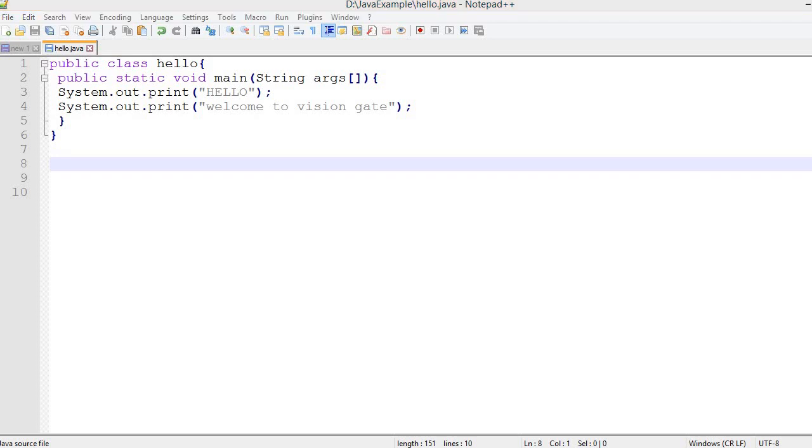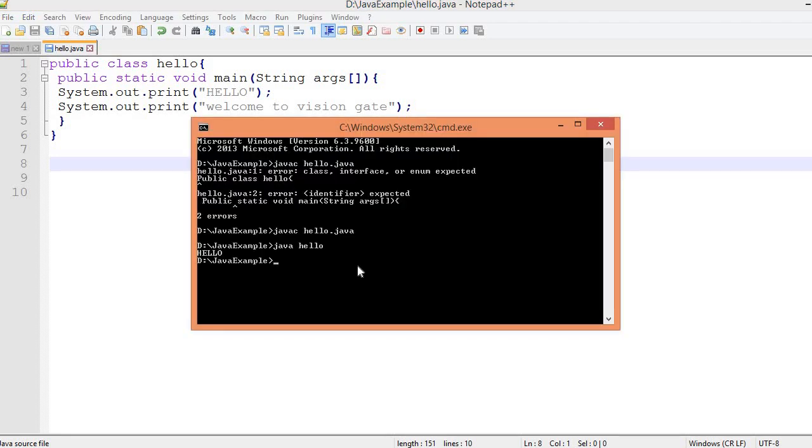Then next step is compile the .java file. For it we need to write the command javac hello.java. Then it will compile and convert into a .class file. Then next we need to run the command java hello. Now what am I getting? Hello, welcome to Vision Gate.